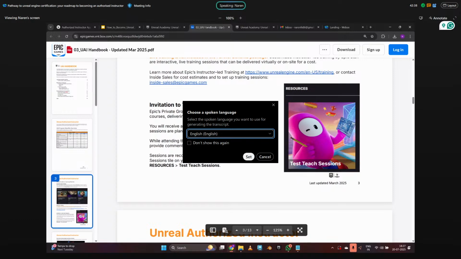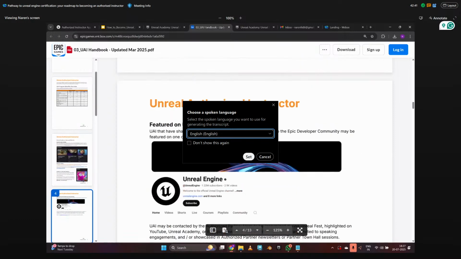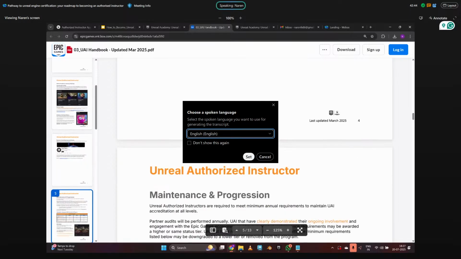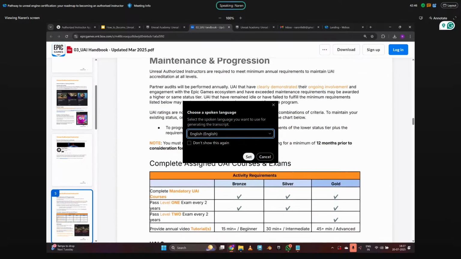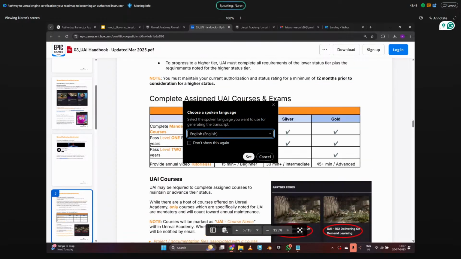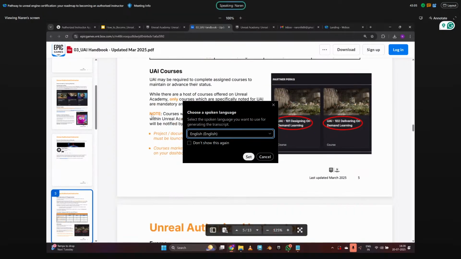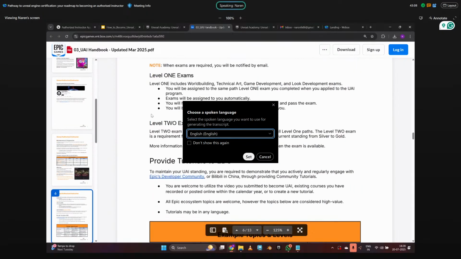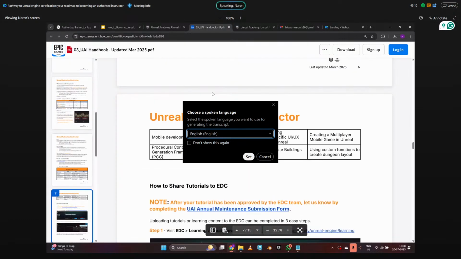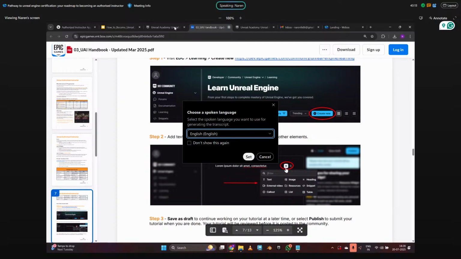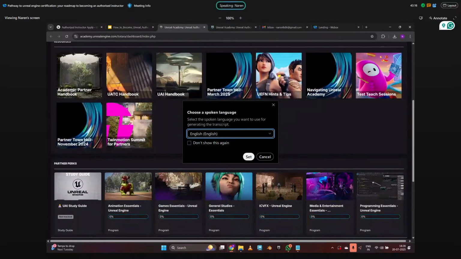Again, these are the test-to-teach sessions. All you have to do is make your profile better, and there will be some yearly maintenance. We will see these things later. After you get a particular certification, like I got a silver badge, there are other classifications or rule sets, like sending a video to a particular site to improve the standard of my input, and those things will keep changing. We'll come to that later; we don't need it right now. These are the contents I have with me right now.